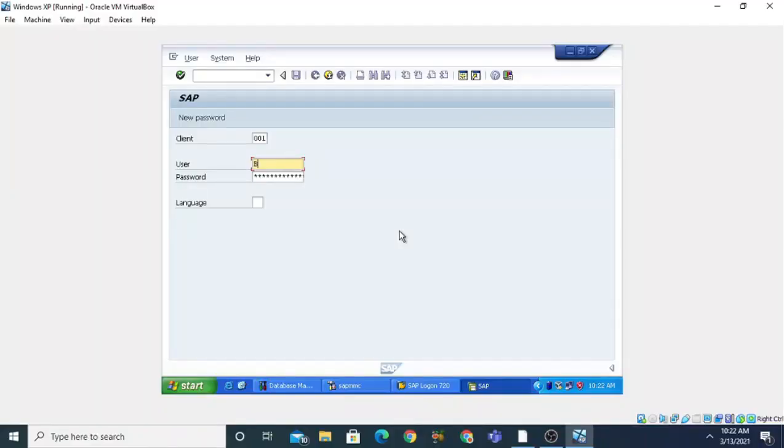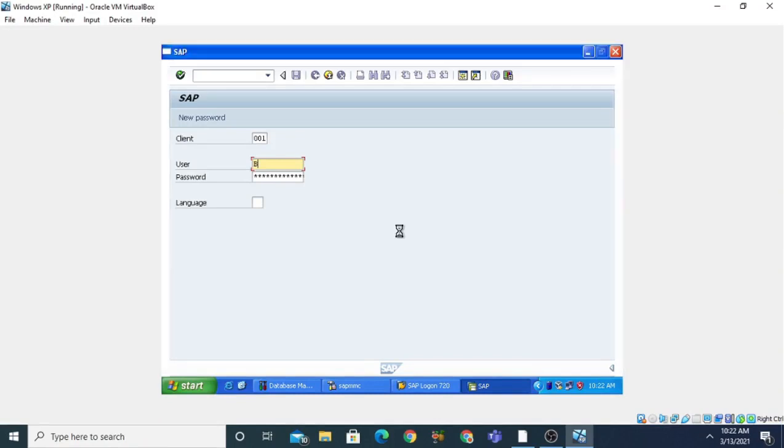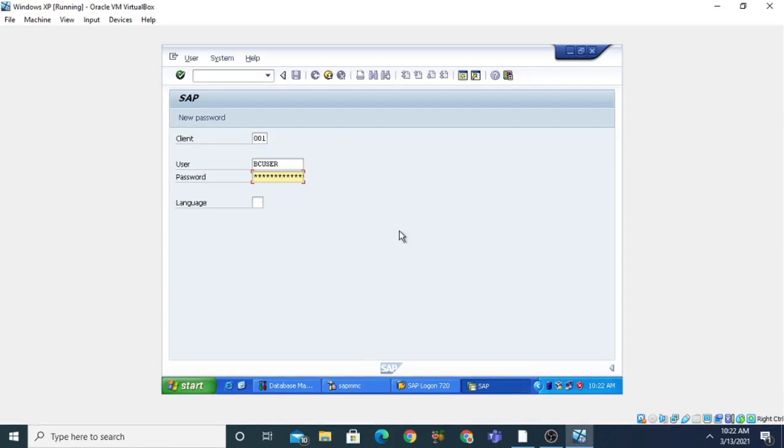Good morning students. In this video you will learn how we can create the transaction and how we can make it in the favorite menu. For creating the transaction, first of all I want to tell you, before finalizing the development part, before delivering the project to the customer, we can make the transaction of a program, we can make the transaction of a project. So how can we make the transaction?